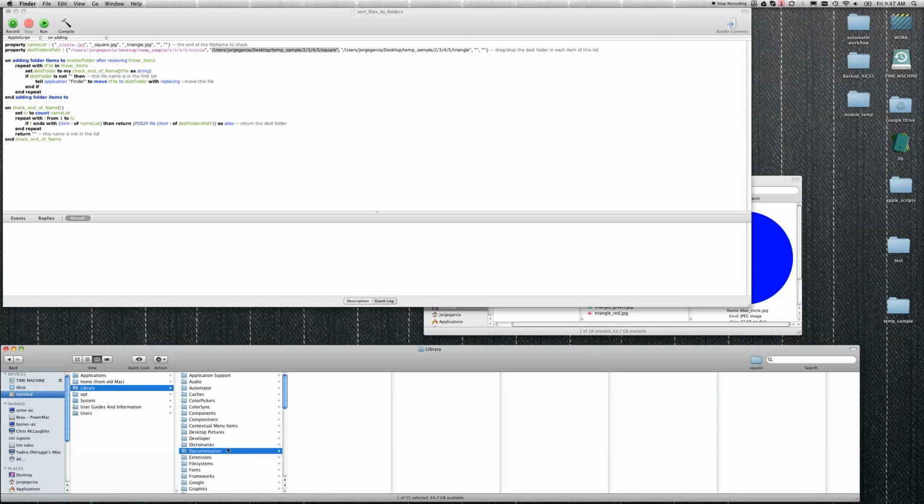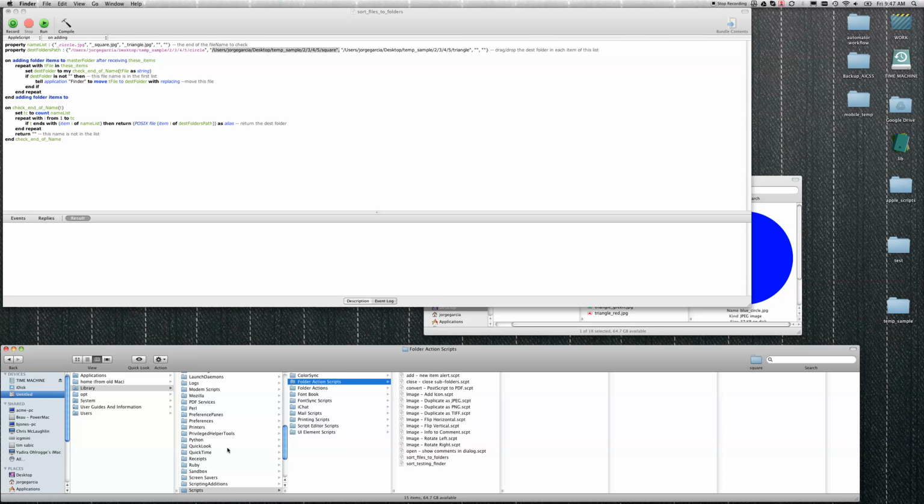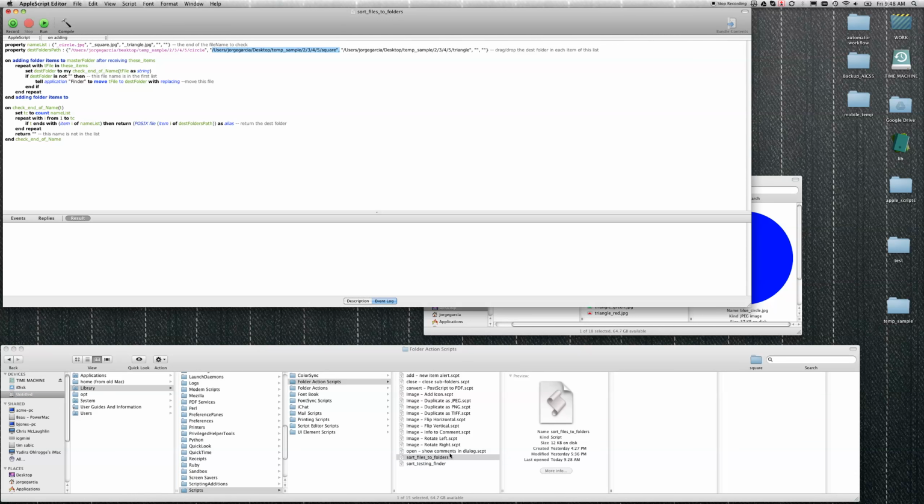So it's library. You look for scripts, then folder actions. Then I didn't save it, but if you save it in the desktop or anywhere else, make sure you drag that file into here, which is this folder right here. Sort files to folders. I already dragged it in there, but wherever you save this, it has to be saved